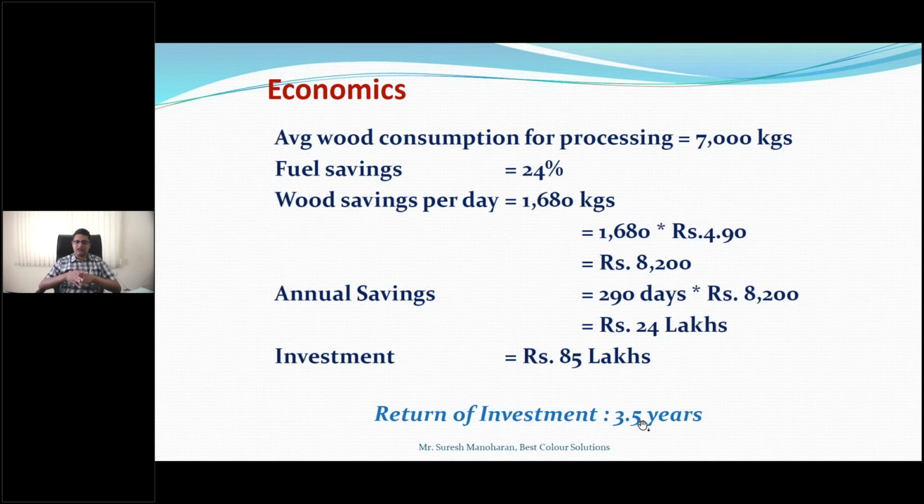giving all the savings as a repayment, we have structured our finance such that 70% of the savings goes towards the repayment of the capital investment and the interest, and 30% is to improve our own cash flow, because we need to have some better cash flow because of these savings. So we have structured our finance over a 5-year period. Within the 5-year period, I will be repaying the capital and the interest. At the same time, for 5 years, I will be getting 30% of the savings as a positive cash flow into my system. So from the 5th year, whatever the savings that come, 100% goes